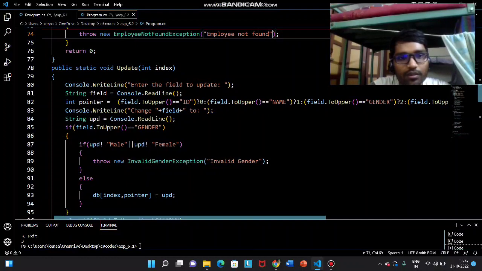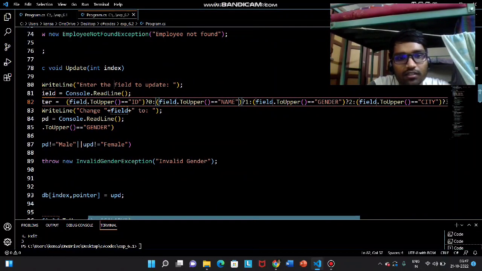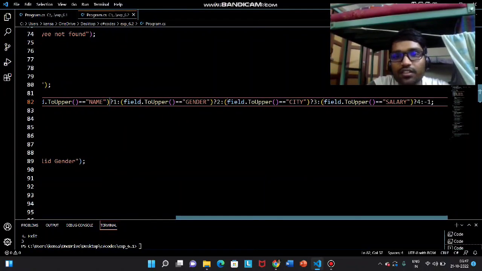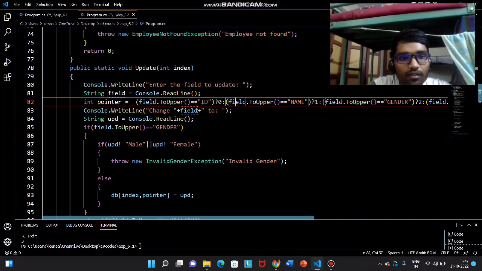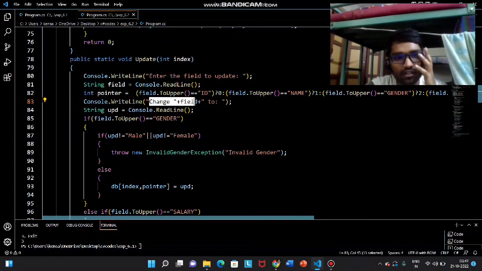Now first thing, when you update, we have to search for the field to update, right? So we'll read this field from the user, and using this pointer, like if the field is ID, then this pointer contains 0, and for name it contains 1, gender is 2, city is 3, salary is 4. So using this pointer only, we'll be actually locating the exact cell to be updated. And so we are reading the input from the user, change this field to, and based on the user's input